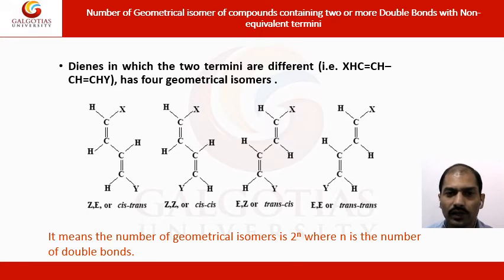So this type of molecule can be represented like this. You have to watch this carbon-carbon double bond. Suppose you have certain groups with a higher mass number, like suppose this Y has the highest atomic number with respect to this proton. So this is one, and this carbon will be this one with respect to this. So this will be E, because the highest priorities are opposite to each other.